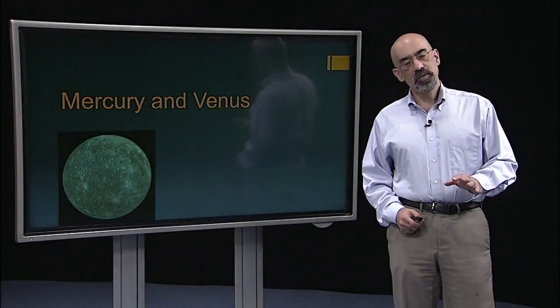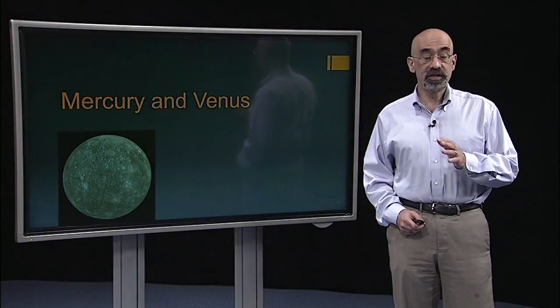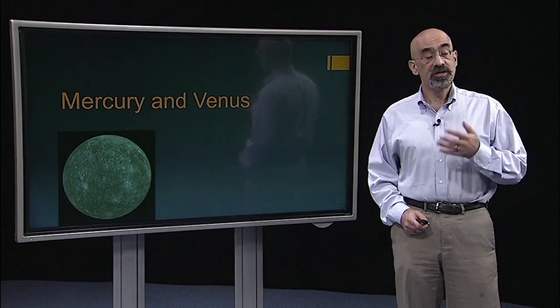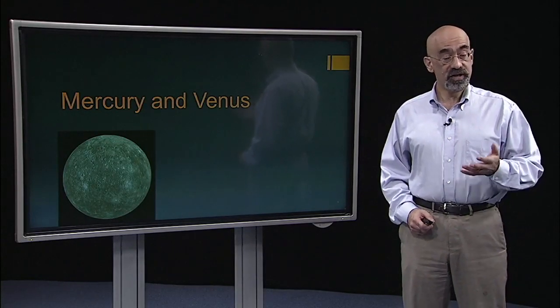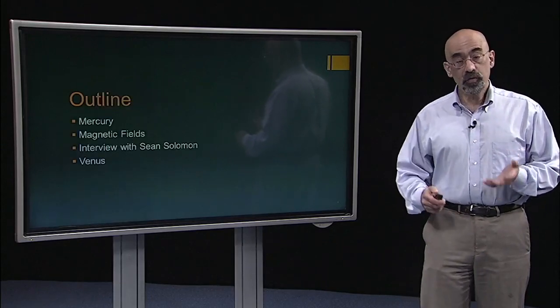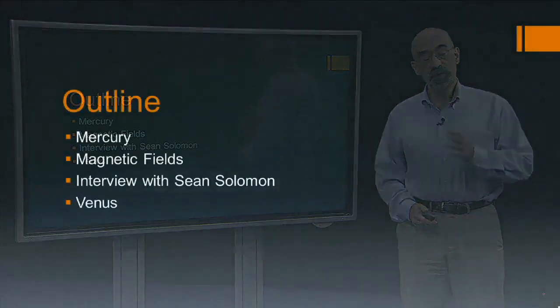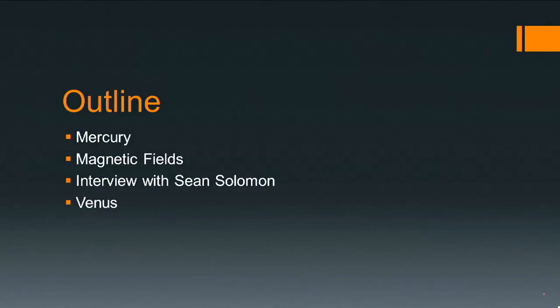In today's lecture, what we're going to do is apply some of the ideas we developed in the previous lectures to understand the properties, particularly the atmospheres, of Mercury and Venus. This lecture will have 4 parts. We're going to begin by talking about Mercury, then step back a bit and talk about magnetic fields, what they